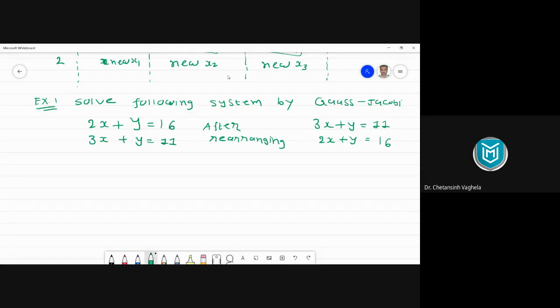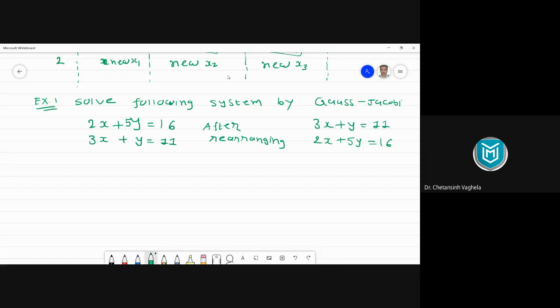I think in that case also it won't be possible. Okay, I have made a mistake here. We have 2x plus 5y here. I forgot to write 5. So I think if 5 is there, still we need to rearrange it. So it is 2x plus 5y is equal to 16. Right? Now your system is having diagonally dominant form. So the diagonal dominance condition is satisfied.